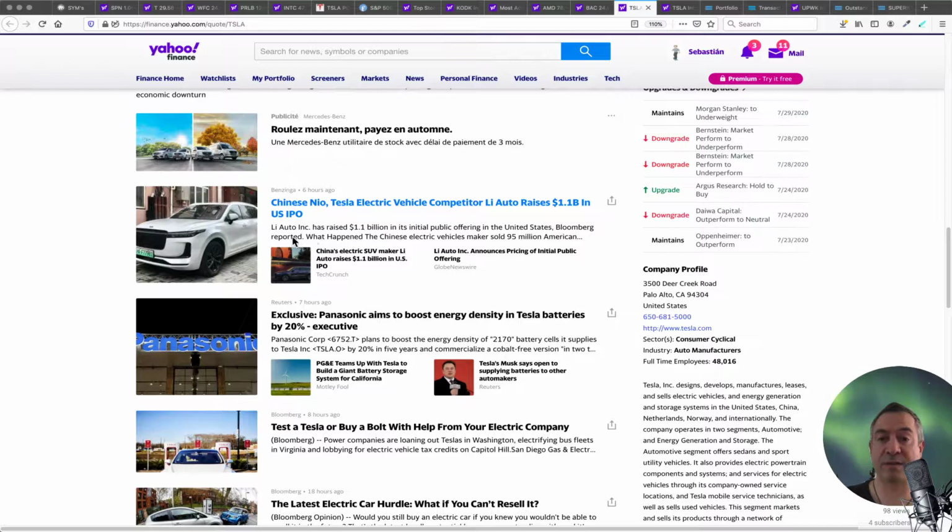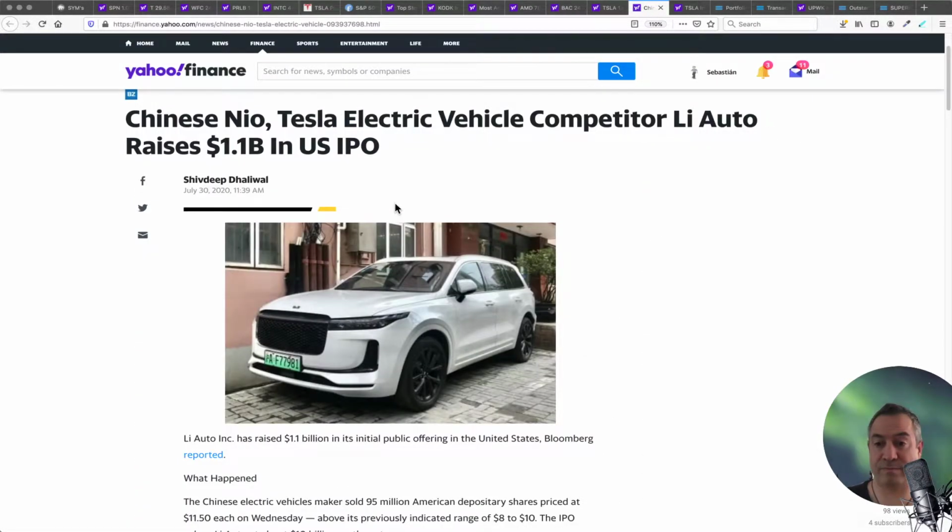Oh my God, here you have Li Auto already going IPO. It has raised 1.1 billion. I'm going to see if I can find that stock, because yesterday I was looking for it and it was saying that they are going IPO in September. So here you have Li Auto, which is an equivalent to NIO and Tesla in China. NIO is also in China, but